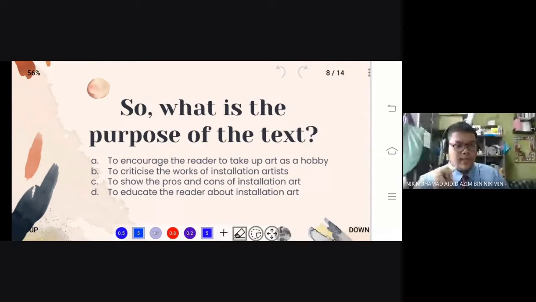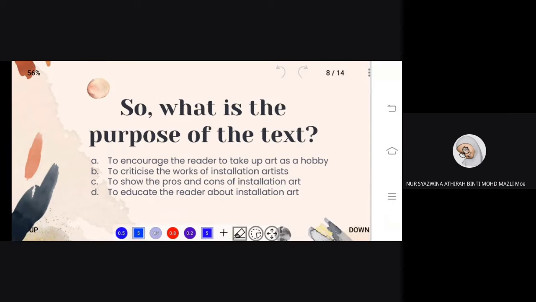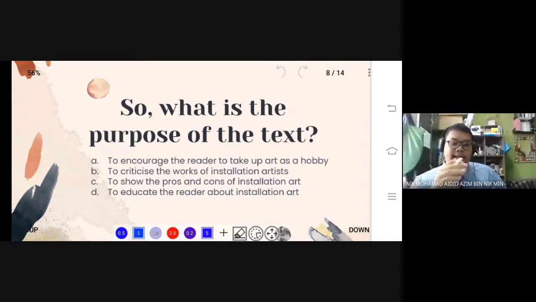So C, to show the pros and cons of installation art. Yes. Are you sure? Is there any show of the benefits of installation art in the text?